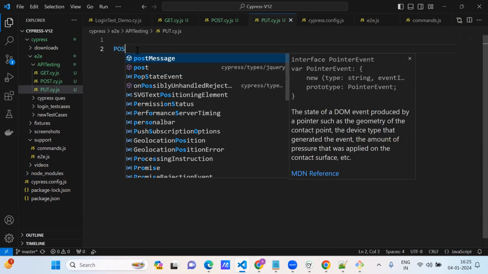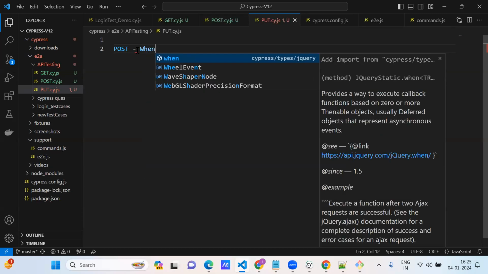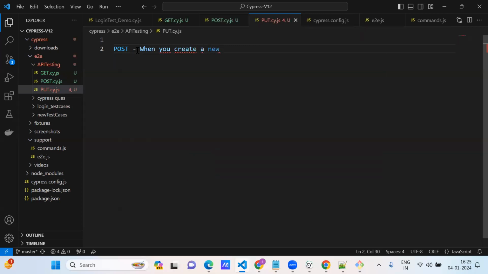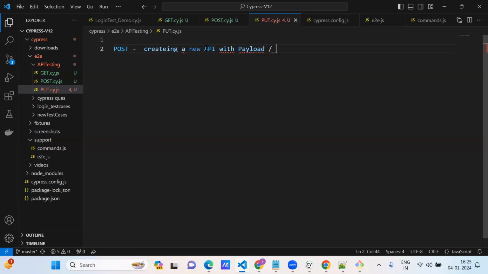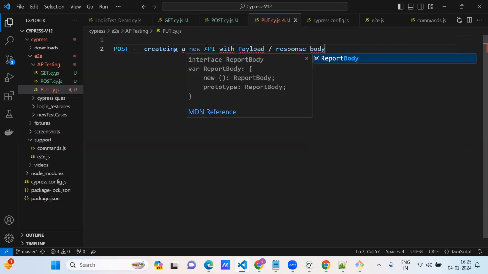Post is nothing but creating a new API with a payload or a response body. So there should be a response body or payload when you are